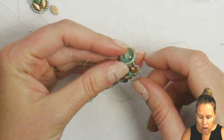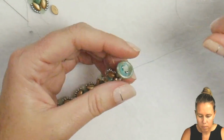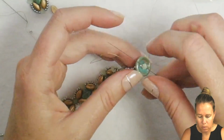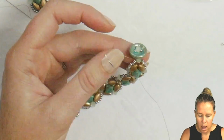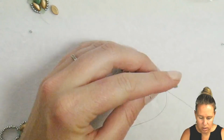I'm at the end here and I'm crisscrossing through that bicone. I'm going to take my thread up through the 11-0 seed beads on the right hand side, through the 11-0 at the top, through the crystal, and down through the 11-0 and down through the seed beads on the side. I'm going to do the same thing here with the other side, so I'm getting 3 passes going through this